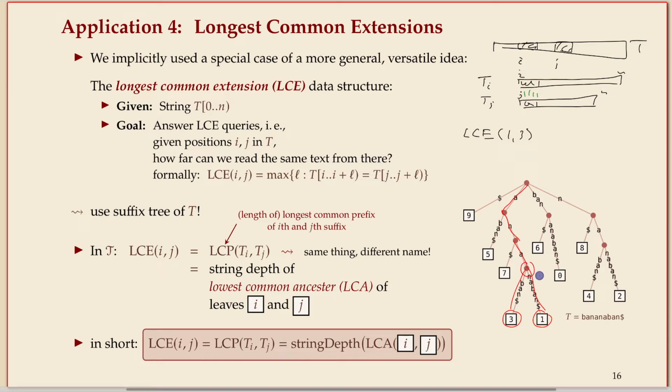And this node is called the lowest common ancestor of the two leaves, just in the genealogy tree meaning. You walk up from the two until you, for the first time, join paths. And such a node always exists, and it has some label from the root down there. That's your longest common extension. So in this case, LCE of 1, 3 is the number 3, because LCE asks for the length of that string. We can do one more,